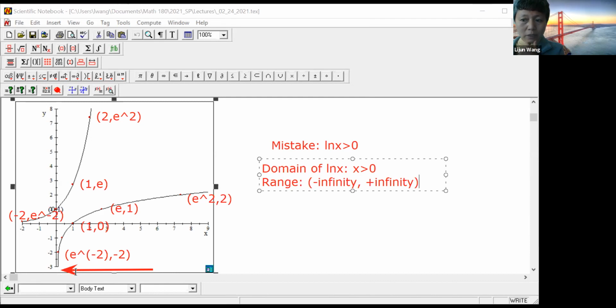That comes later. But for this function, you can see for different inputs, when you have e to the power -2, what is the output? This is the output, -2, -1. That's the output, right? So it could be from negative infinity to positive infinity. Do you guys see that visual? The positive infinity,